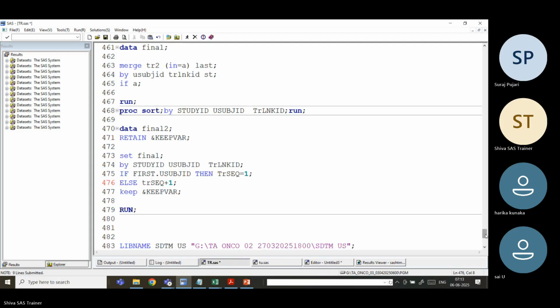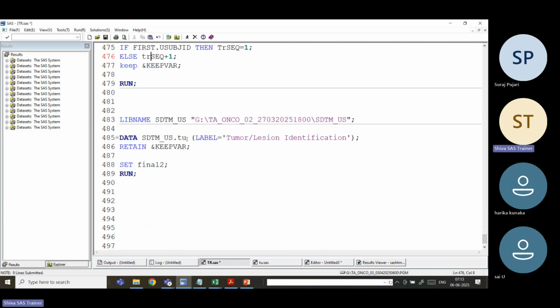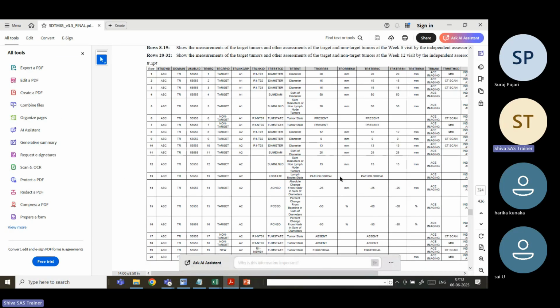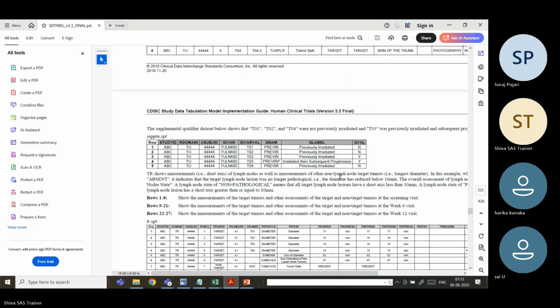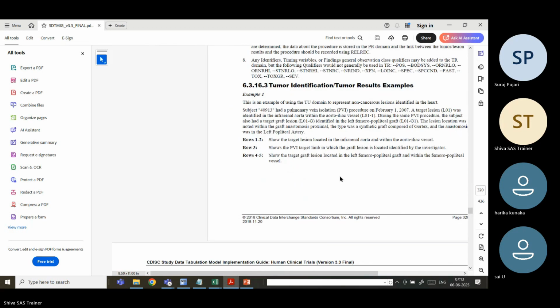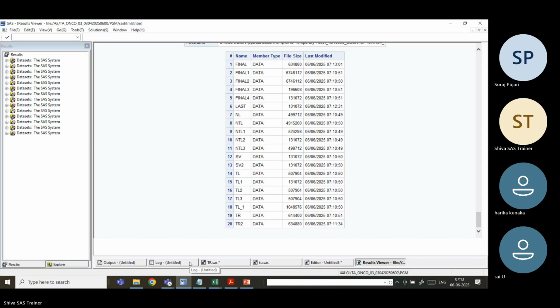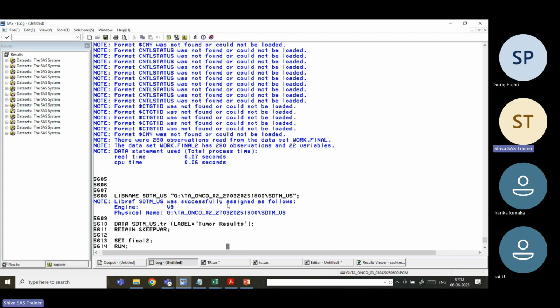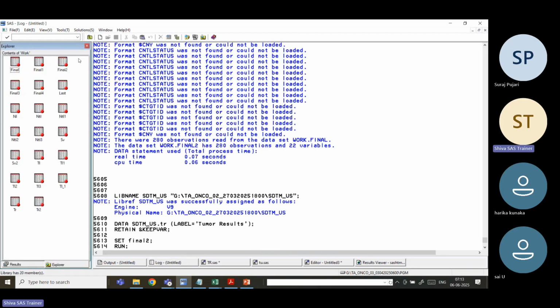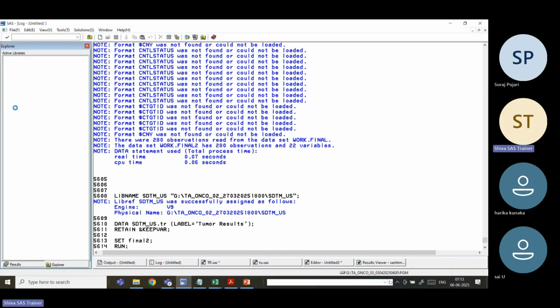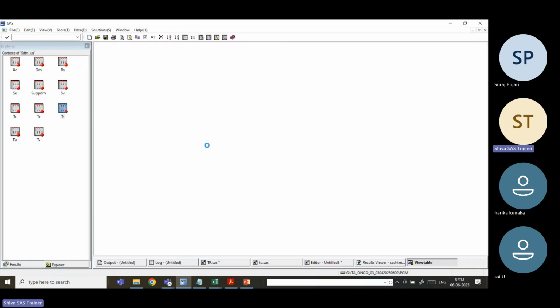Final 2. And this final 2 you will keep it as TR. Okay. So TR, tumor results. Yeah, this is a lengthy program. But the TR is the most complex data set. TR. Okay. So now you will check